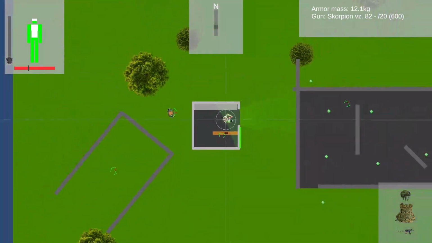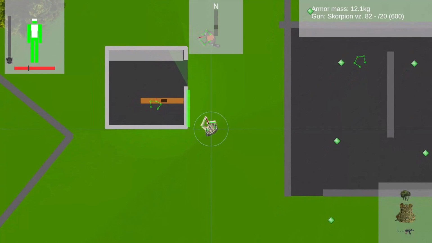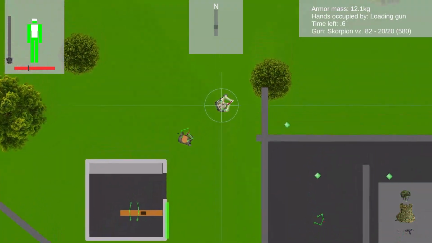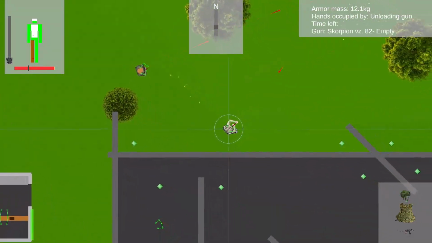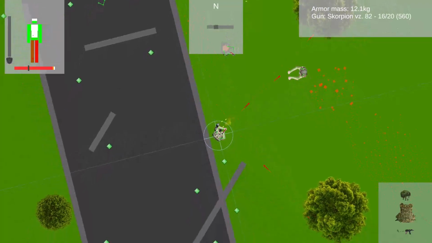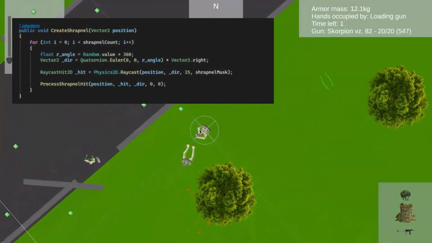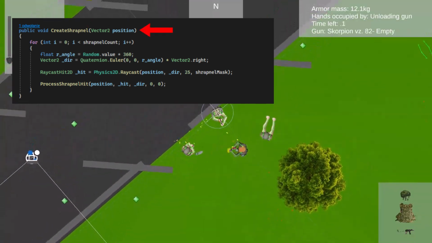So you might be wondering how explosion and shrapnel are implemented in my game. This is going to be a little technical breakdown, a first of its kind on this channel. That's also the reason I decided to start with a simple topic, a mere 3 functions that describe the core explosion behavior. We start with the create shrapnel function, which takes a vector as an argument, which will be the position